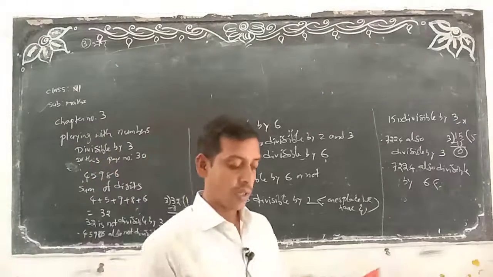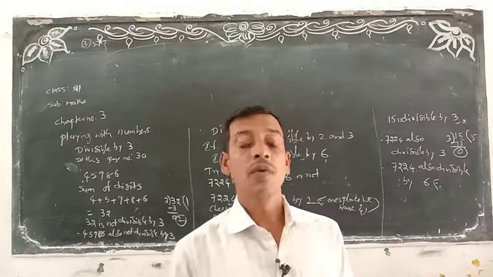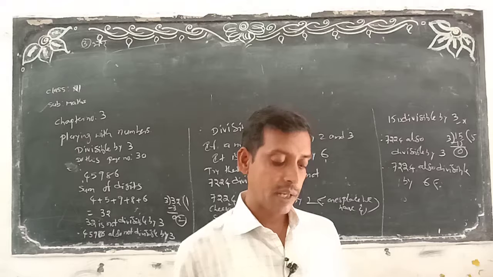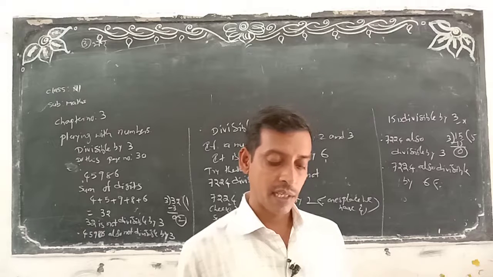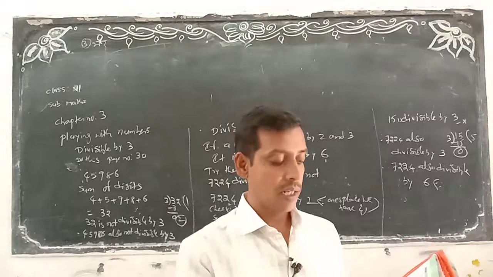After the try this, look here. Give 2 examples of 4-digit numbers divisible by 6. You have to create the 4-digit numbers. Okay? Can you give an example of numbers which are divisible by 6 but not by 2 and 3, and why? Okay? If you don't get it, I will try.